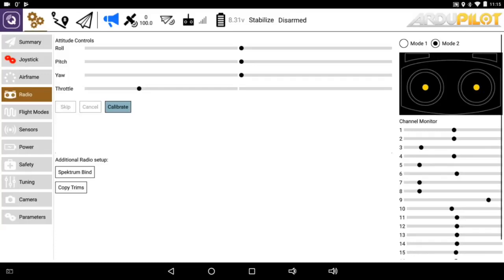You can fly a helicopter with, say, the Pixracer, which has 6 servo outputs, but it still requires 8 RC inputs to fly that helicopter with ArduPilot because the throttle control is on channel 8. So do your RC calibration and make sure that all 8, 10, 12, 14, 16, 18 channels, whatever you have, make sure that all channels in your radio are calibrated